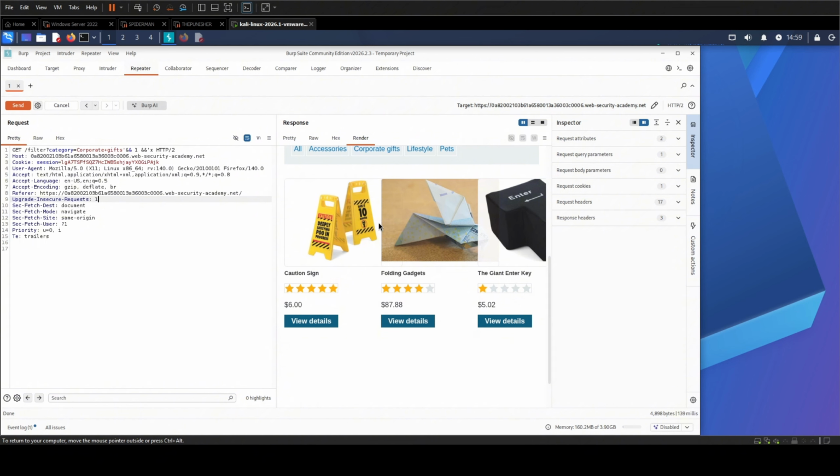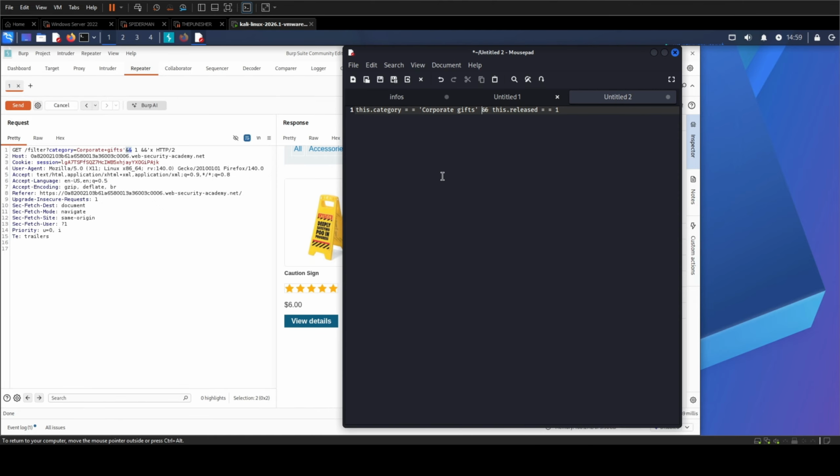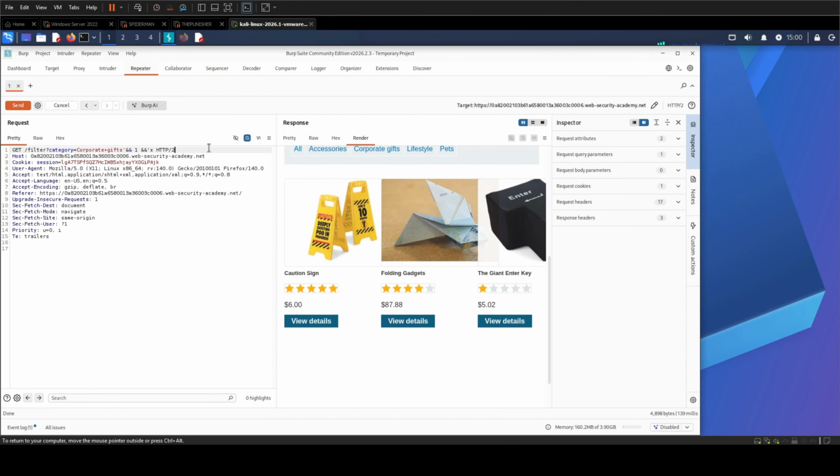So here's the move that finishes it, and it's a little subtle. Everything so far has been and. And the trouble with and, if you look back at my sketch, is that released gate, released equals 1, it's still sitting in there. Ampersand, ampersand on the end, quietly filtering out the unreleased stuff. So I can flip my own little condition true all day, and that gate's still standing.